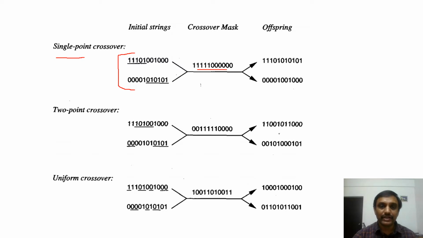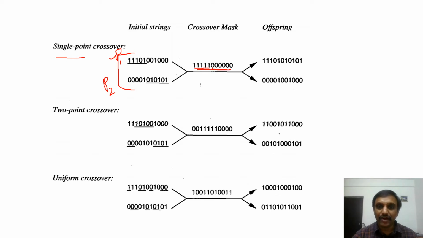So you observe here, these are two parent strings, string 1 and string 2. These are parent 1 and parent 2. From these two, we are generating two offsprings. Here, the crossover mask is single point crossover. So that is one part from one parent, next part from the second parent. Here five ones are present in this crossover mask and six zeros are present.